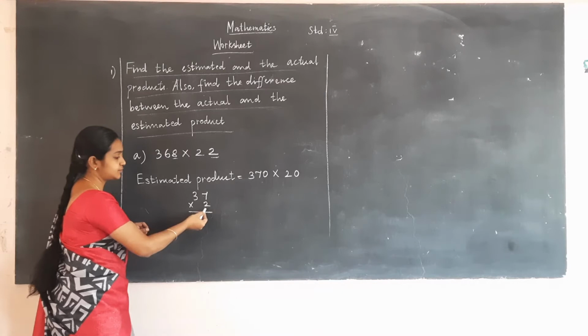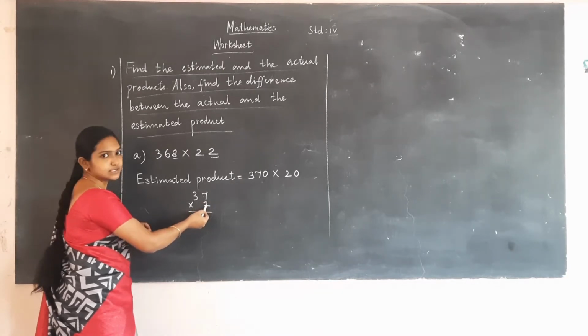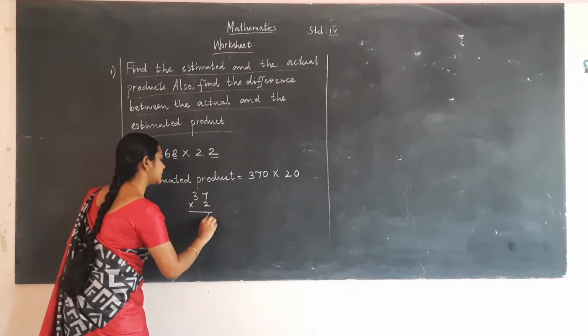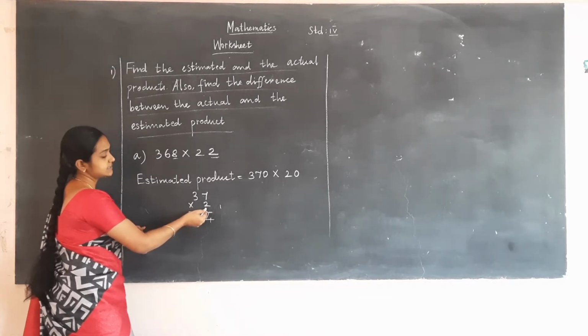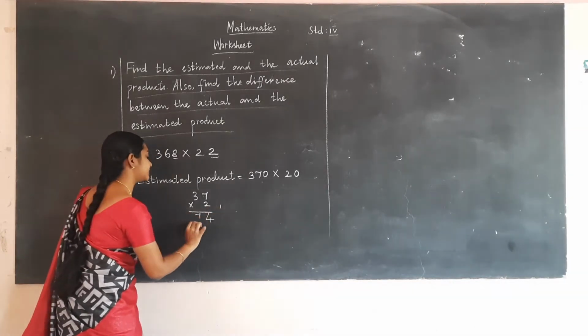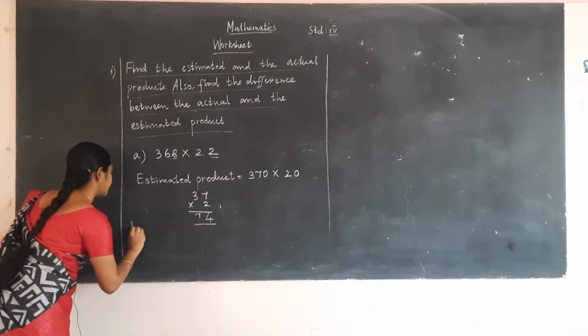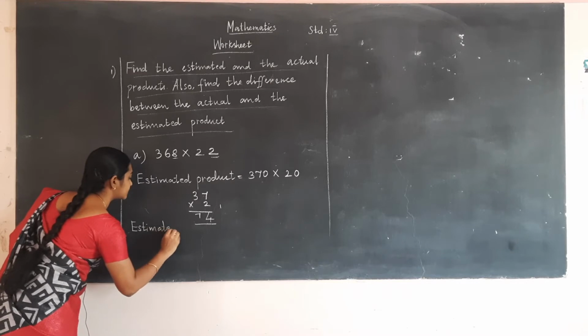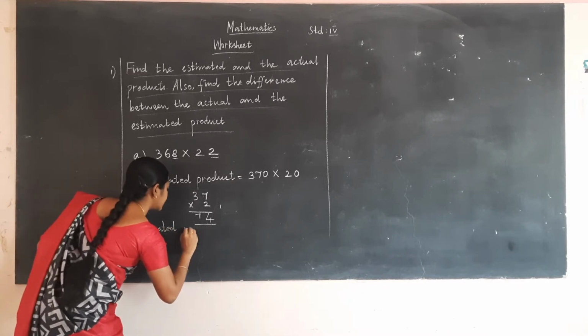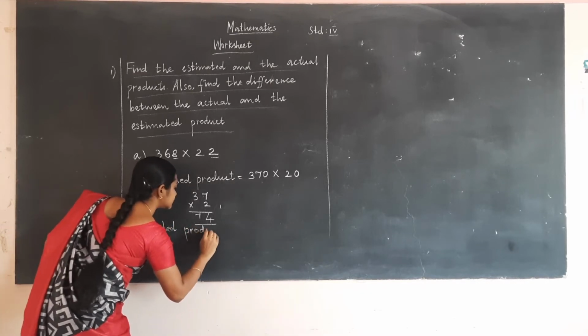37 into 2. 7 into 2 is 14. So write 4 here and 1 is remaining. 3 into 2 is 6. 6 plus 1 is 7. Estimated product is